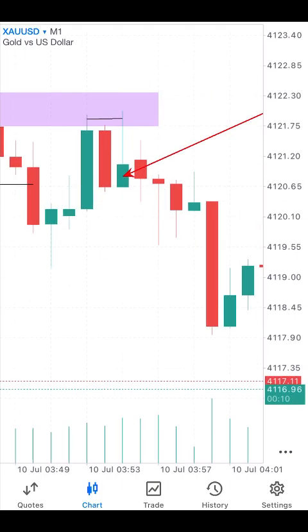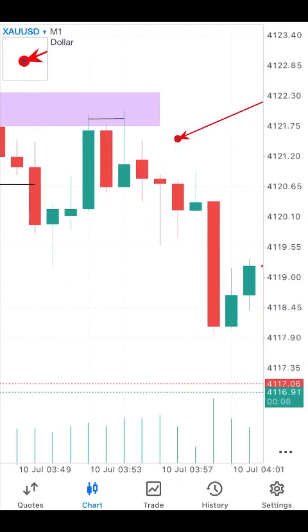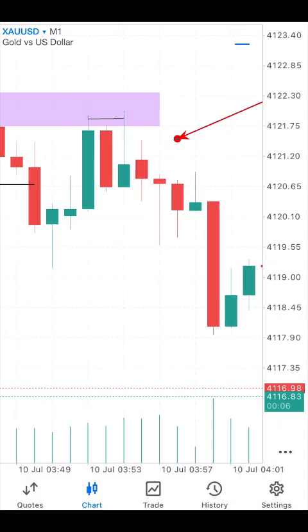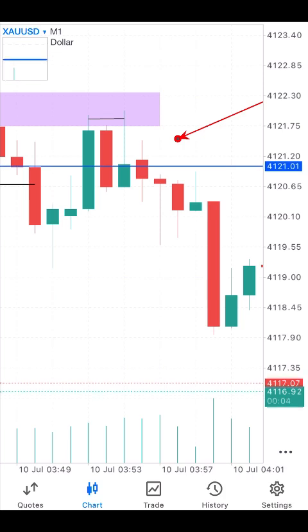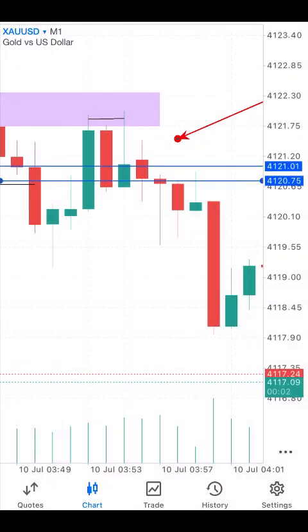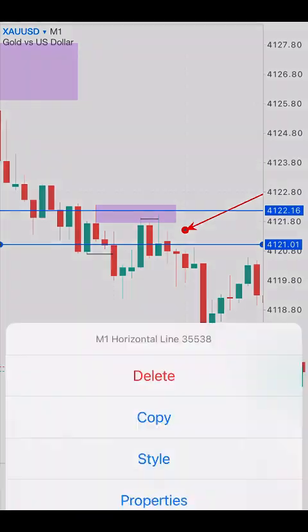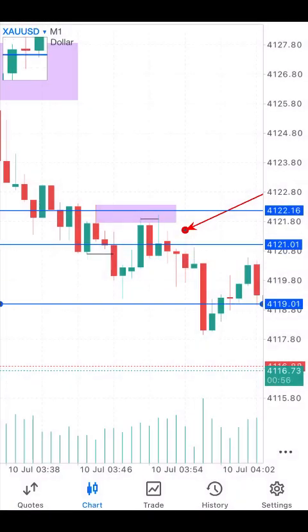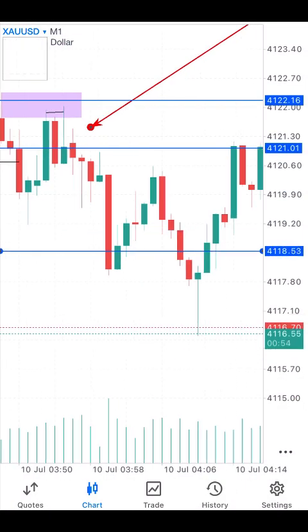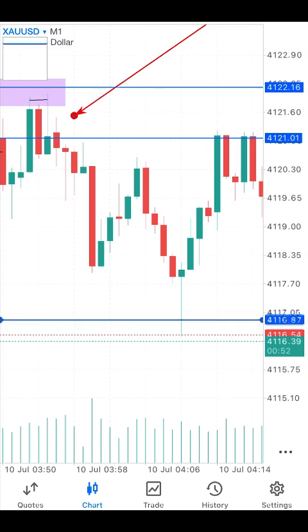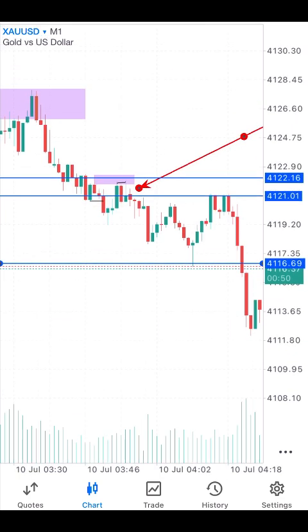And then you would place your trade there, entering at the close of this candle, placing your stop loss above the high, and then aiming for maybe like 1 2 3, 1 2 3. You see that you can get that 1 2 3, and that was the trade. That was my